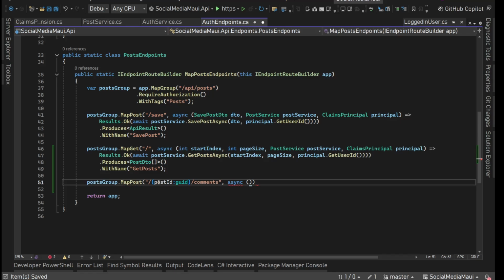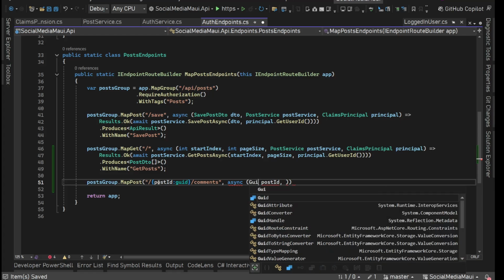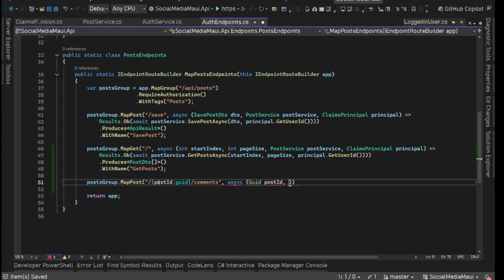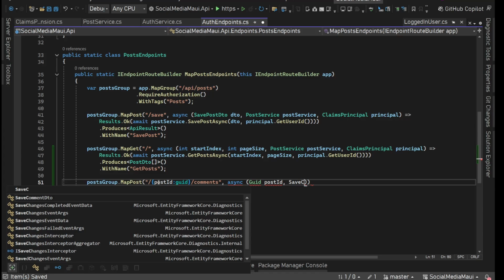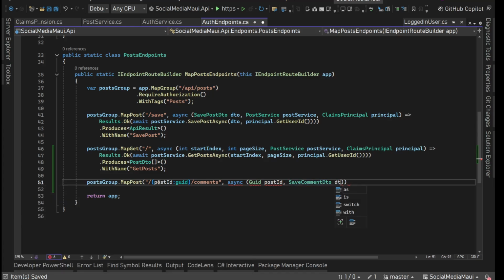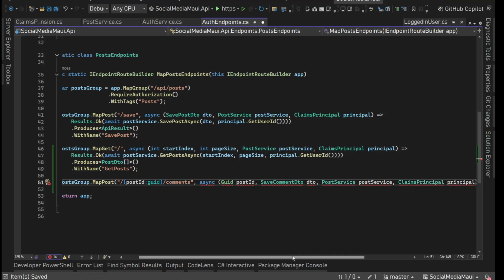Then async. First we'll get our post ID, then we'll get our request body, that will be save comment DTO, and then we are going to have these two things, post service and our principal. Alright,